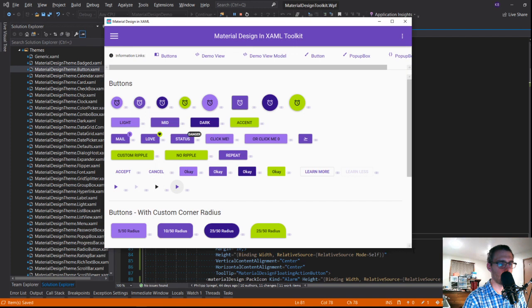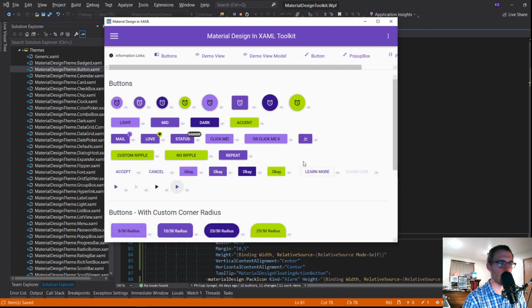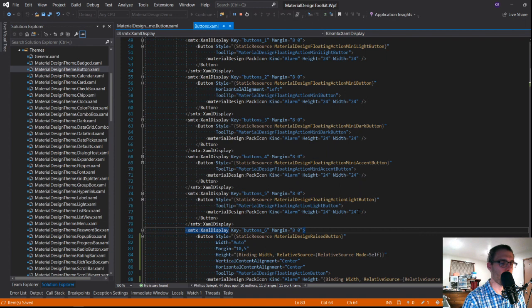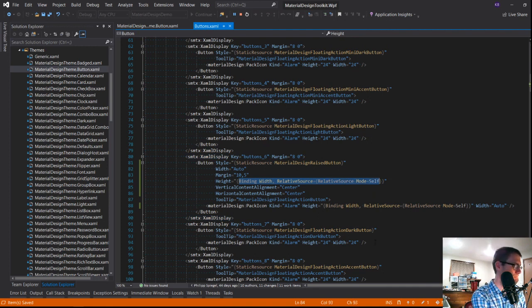Something seems off. And I think the issue is this button is not in a state where it can be forced to scale. And I think I need to trigger these bindings. I think that's the fundamental problem here.